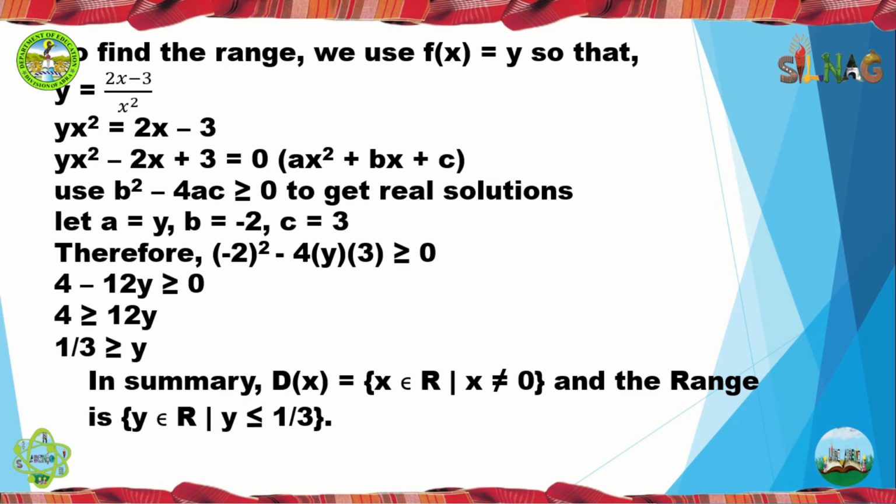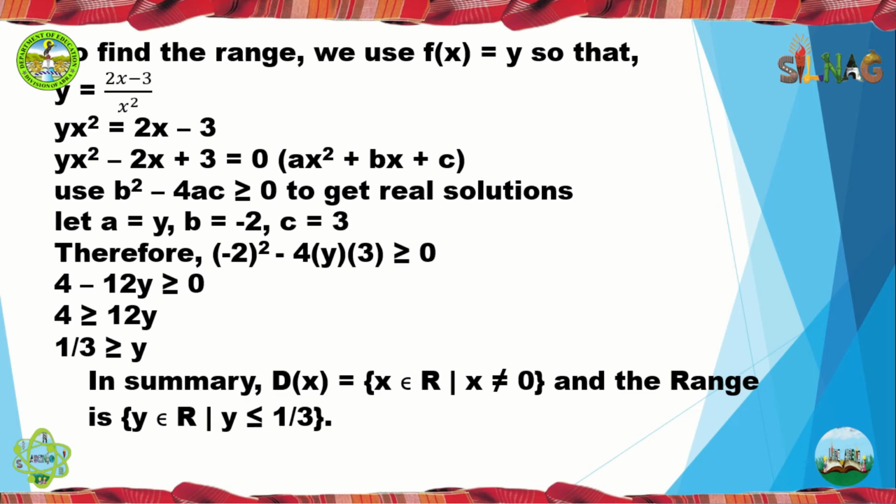Now we use b squared minus 4ac is greater than or equal to 0 to get real solutions. So we let a as y, then our b as negative 2, and our c is 3. Therefore, we have to substitute. So, we have (negative 2) squared minus 4 times y times 3 is greater than or equal to